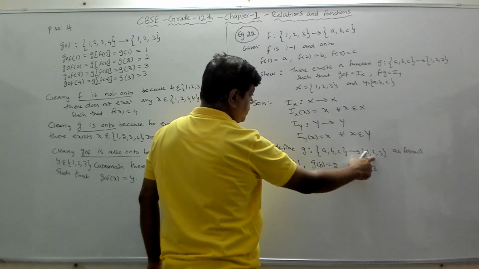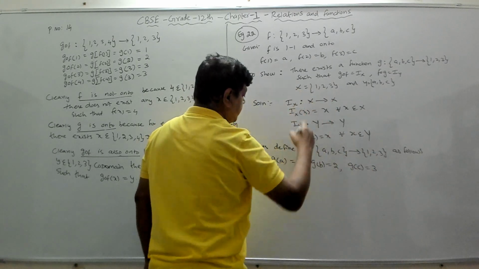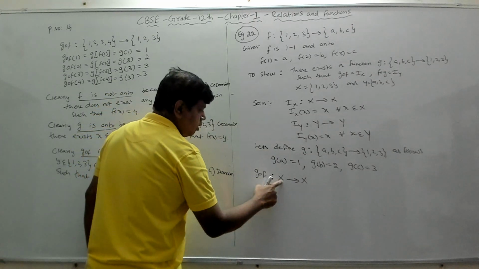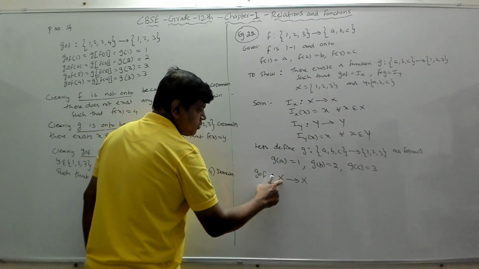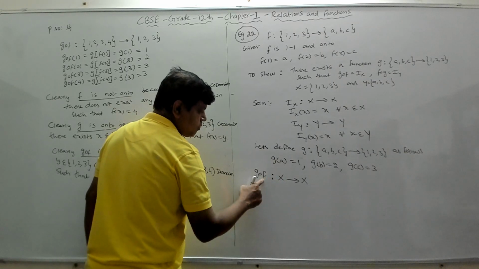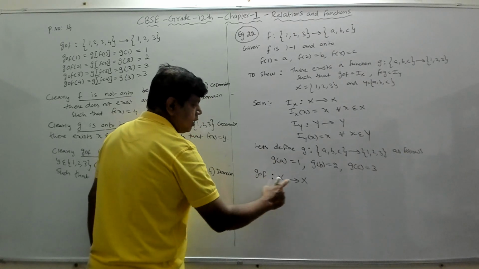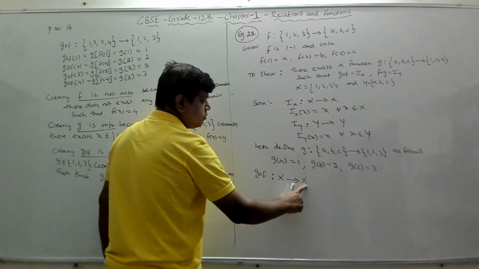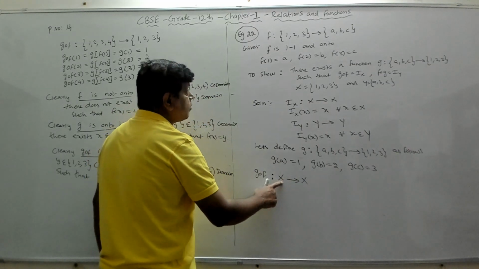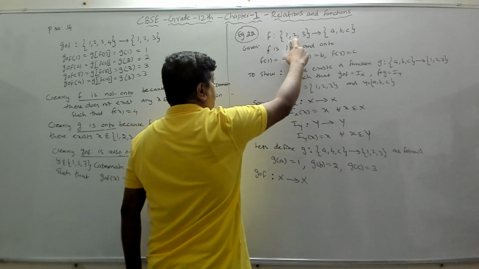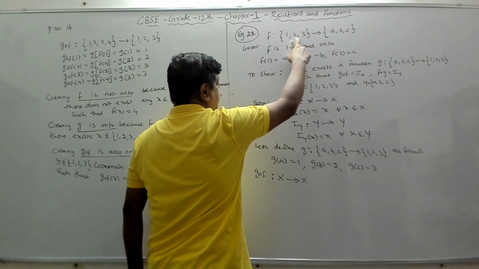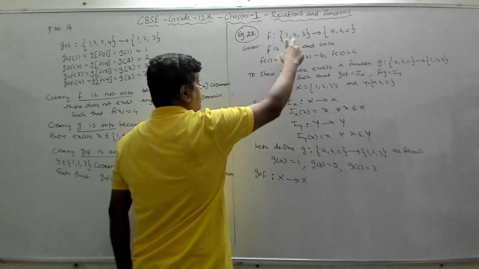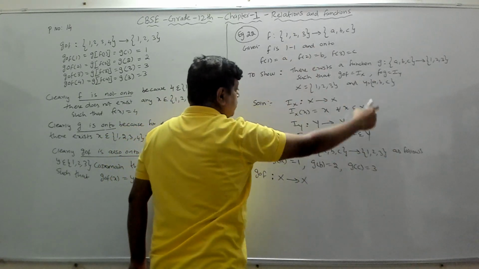Right? So what is this set? Again 1, 2, 3 is X. So it is X. So the domain of G of F, the first set that you are going to write, will be the domain of F. And this will be the codomain of G. So this will be the domain of F, this will be the codomain of G. So the domain of F is X, the starting. This is the domain of F, this is the codomain of F. So domain of F to codomain of G, and both are 1, 2, 3, which means both are X.